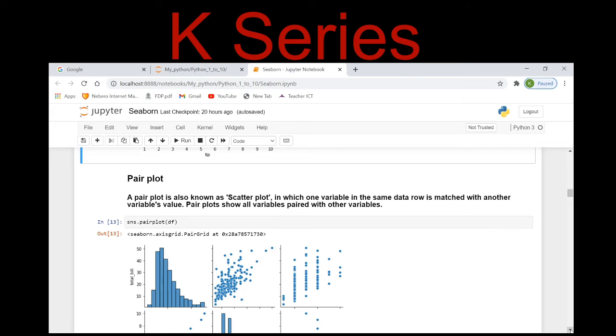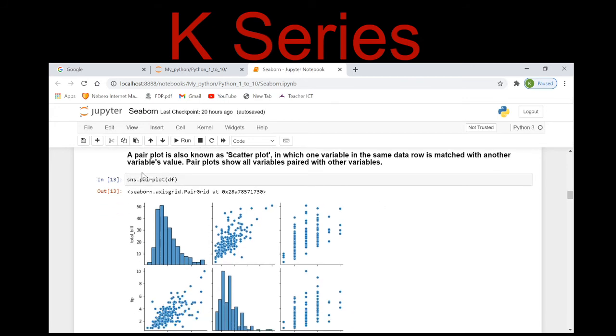I am repeating, pairing of the value of one variable with another variable's value. So here I simply called pairplot on my data set, no arguments have been passed, I'm just calling the inbuilt pairplot function on my data set.